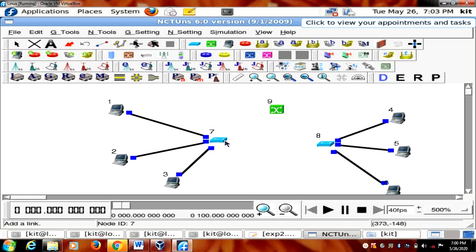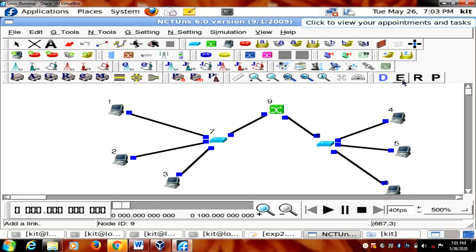From this LAN to the switch I am connecting here, from here to here. Understood this? This is one LAN and this is the other LAN. The LANs are connected using the switch.